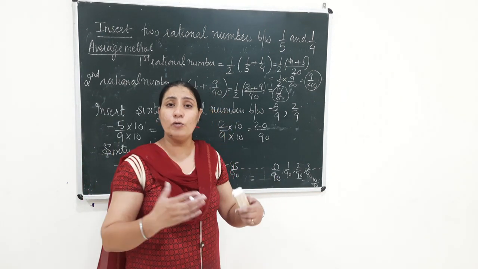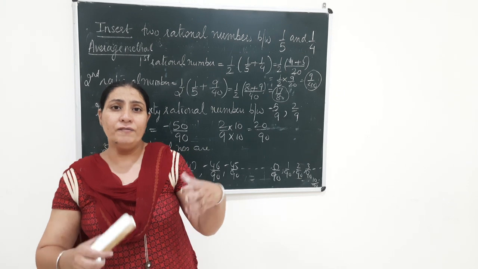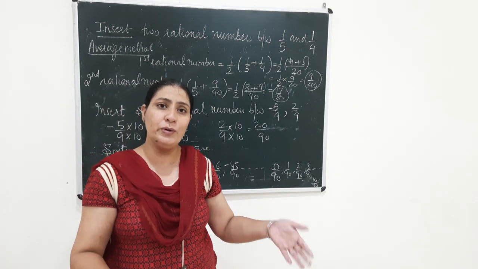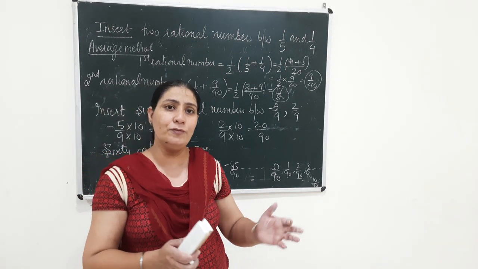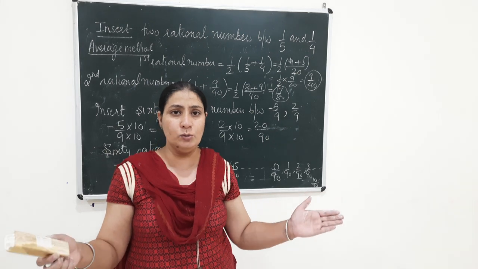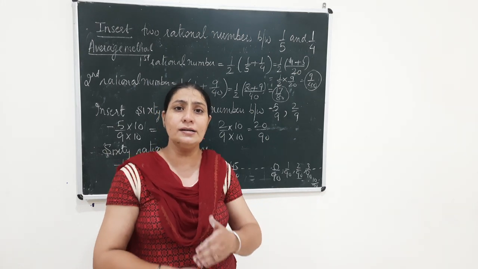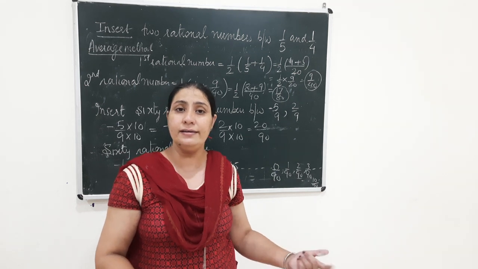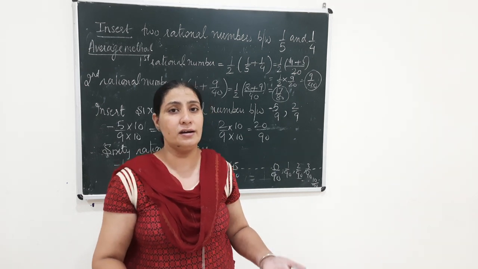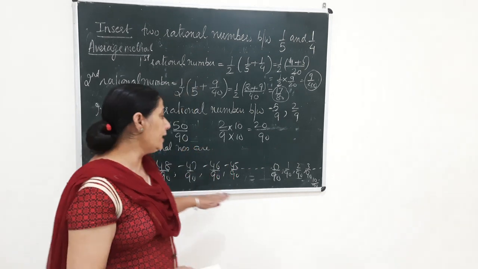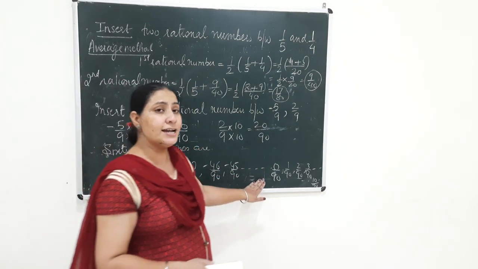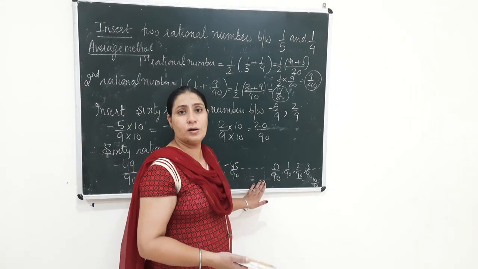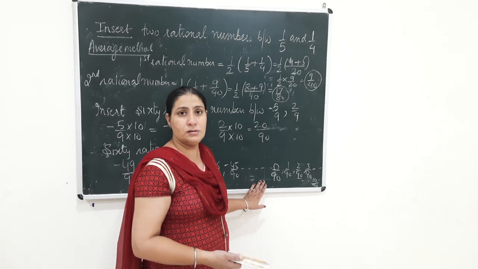So beta, what I want to show you is that when you have to get numbers between numbers, you basically have to create a gap between those numbers so that you can insert as many numbers as you require. 10 चाहिए 10 insert कर लो, 100 चाहिए 100 हो जाएंगे. So you need not write every number. When you put dash dash dash, we know that you know which numbers are going to be inserted between these numbers. Okay beta, hope you are clear with the concepts.